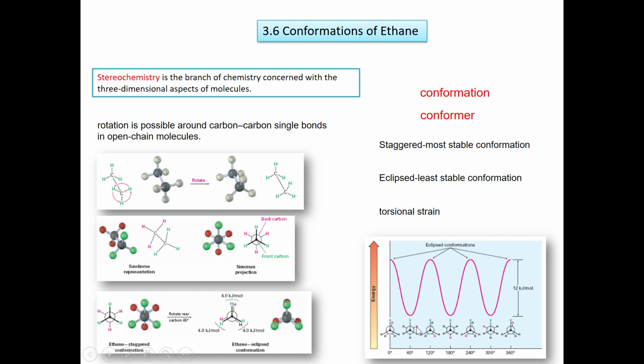If we continue rotating this bond, what is happening? This hydrogen is coming to be eclipsed by that hydrogen. We increase the energy until we arrive at a maximum. Since the molecule is the same, we will have the same energy that we had at the beginning. And again, rotating, a staggered position; we rotate again, we arrive at an eclipsed position; we rotate, staggered; we rotate, and we arrive at the starting eclipsed position.